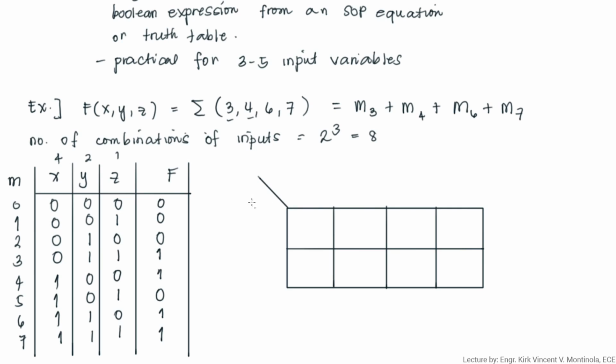So we'll be writing this one. Since X lang siya, ito, X, and then ito ang YZ. Since ang YZ mo is a 2-bit, meaning ang mga input variables or input combinations mo dito is 2 bits also. So YZ, you will be writing this one for YZ, this column as 0, 0, then 0, 1. Okay, and then take note that this should be 1, 1, and this should be 1, 0. Okay, successively, it's supposed to be 0, 0, 0, 1, 1, 0, and 1, 1. What we did is we flip the two last combinations.